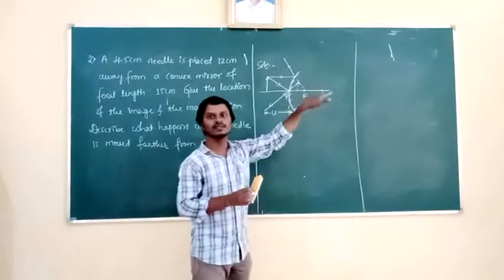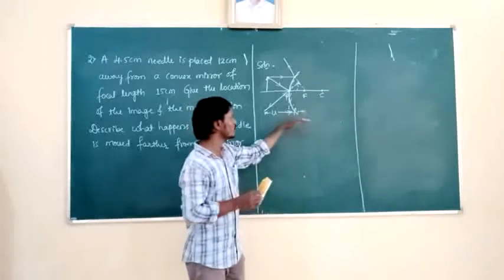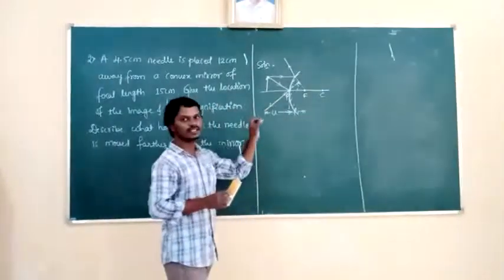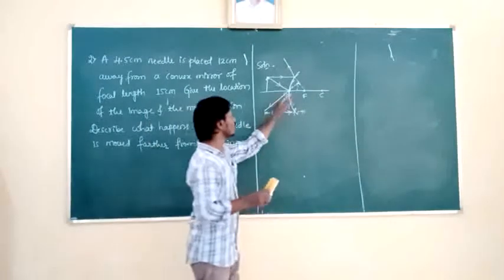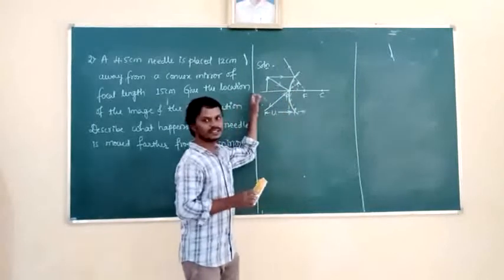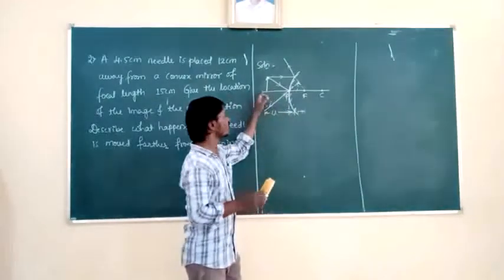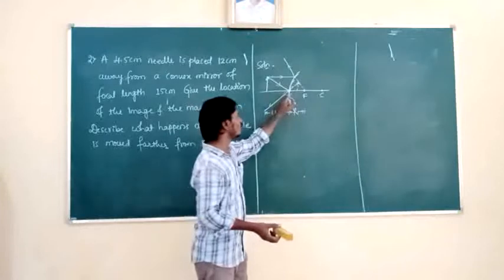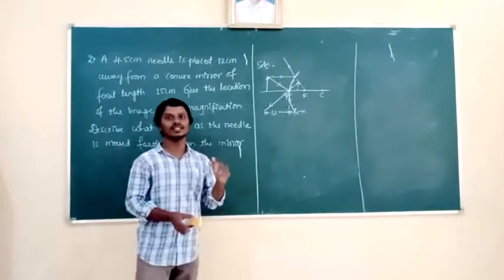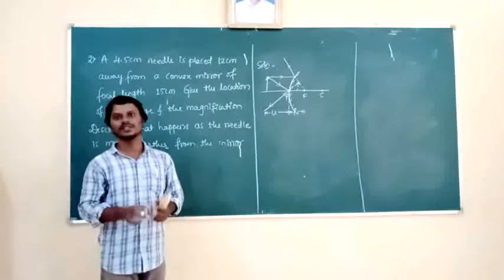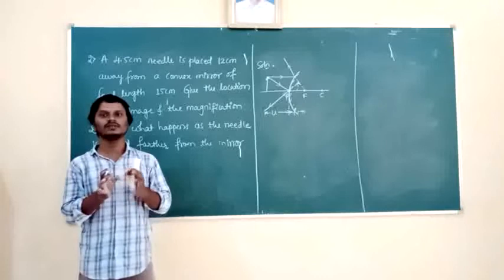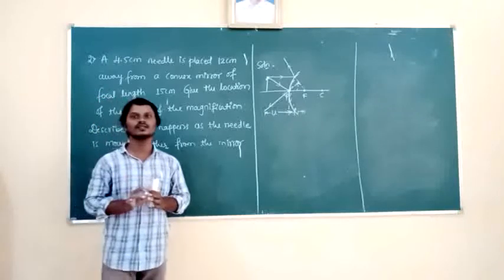It is on the positive x-axis, which means focal length can be taken as positive here. The pole is just like an origin. From the pole, this side is the positive x-axis and this side is the negative x-axis. On the negative x-axis the object is there, and on the positive x-axis the focal length is there. That is why focal length can be taken as positive. So listen here, for the concave mirror focal length is negative, and for the convex mirror focal length is positive.